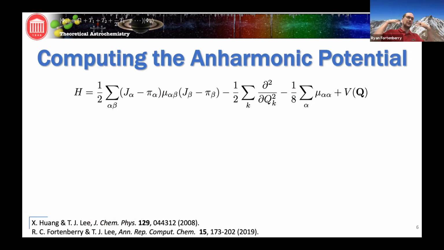I'm a quantum chemist, and that means I'm going to have an equation. And we use the mathematics of quantum mechanics to dictate how we might be able to observe and predict the behaviors of these molecules where they could be observed. So we have the Watson Hamiltonian here, so our rovibrational Hamiltonian, where you have our kinetic and potential terms, but it's the potential that we're really interested in. This is the difficult part for us to model.